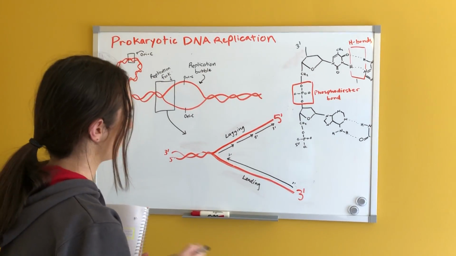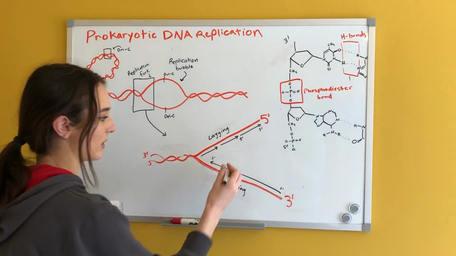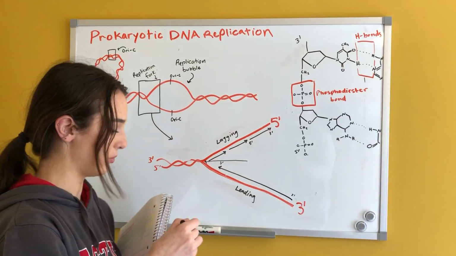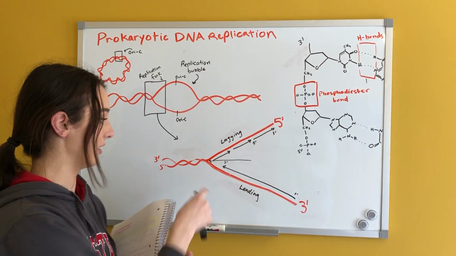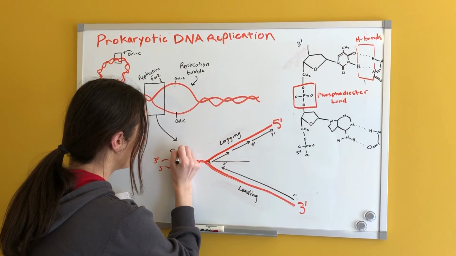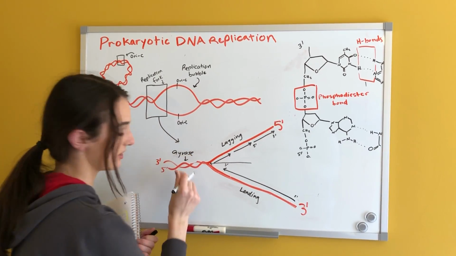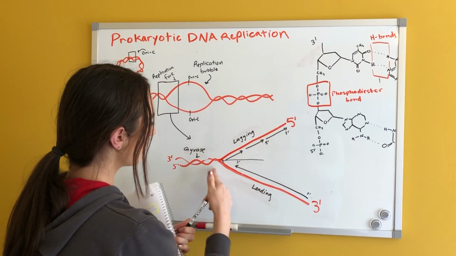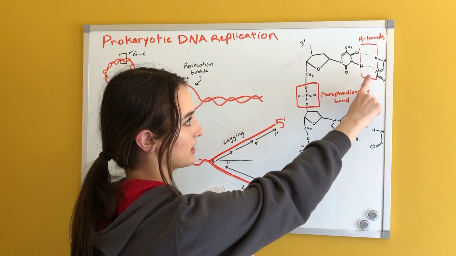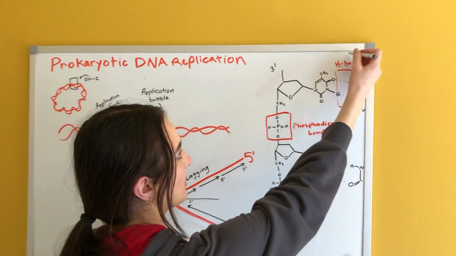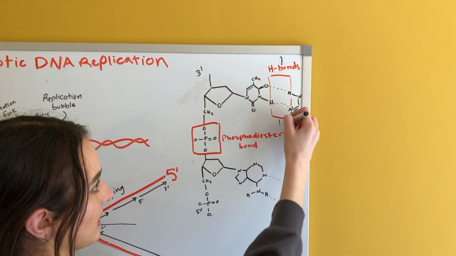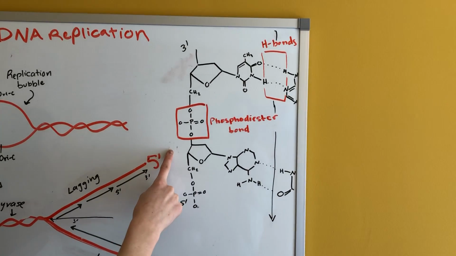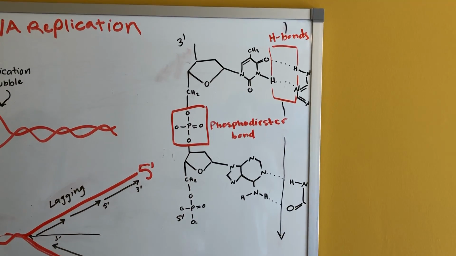So to start off with, we're going to take helicase, which comes in this way, into the replication fork, and it's going to unwind our replication even more, and that causes torsional stress on our DNA. So we take gyrase, which comes here, and it cuts our DNA, relieves the torsional stress, and the DNA is all better. What the helicase does is it breaks the hydrogen bonds in the DNA molecules. So it comes down here, this is our 3' and 5' end, and it cuts like that. And these are our phosphodiester bonds that link the nucleotides together, which is basically the backbone of our